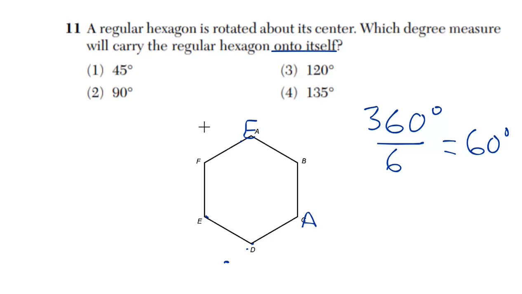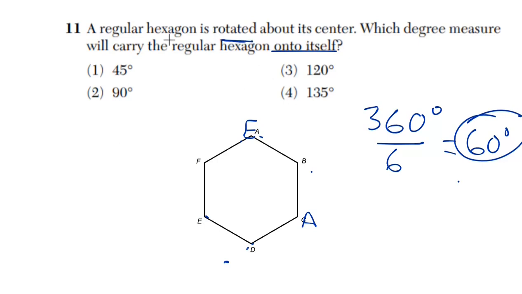That's what that means. So when you want to find how many degrees you need to rotate something about its center to have whatever polygon be onto itself, take the sum of the exterior angles, which is always 360, divided by the number of sides, in this case 6. That's the number that you need to rotate it by, whether it's clockwise or counterclockwise, to get it onto itself, or any multiple of that, 60, 120, 180, 240, so on and so forth, right? That's all you need to know